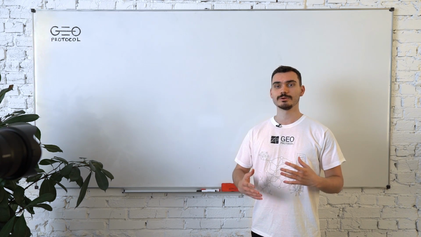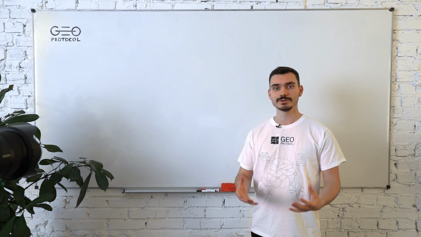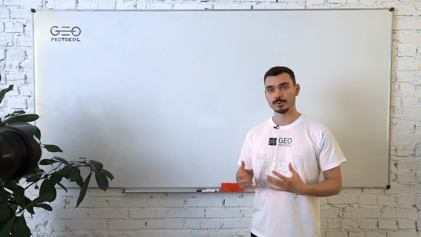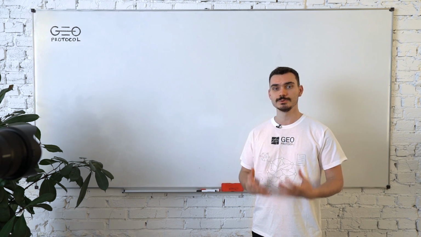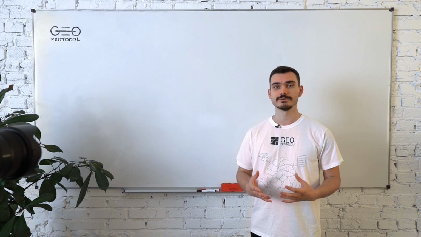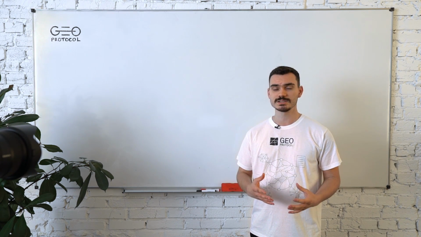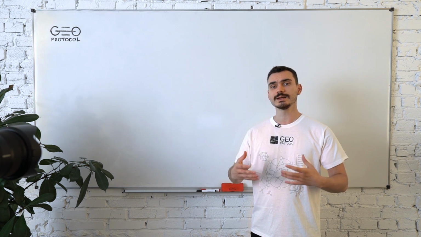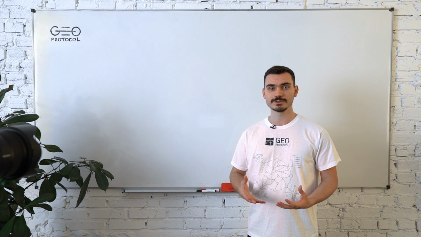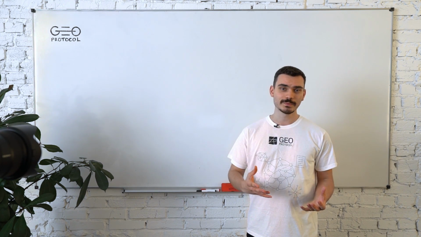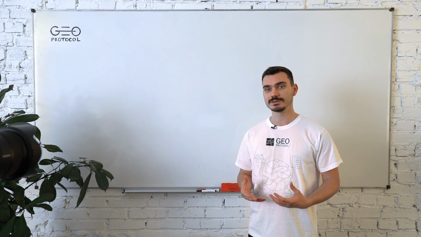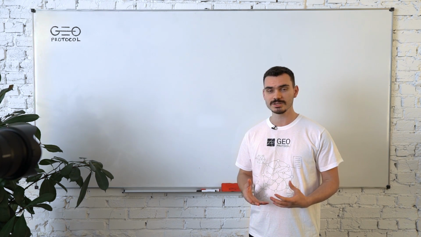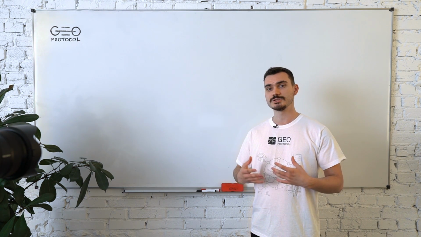Currently, our team is working on a series of videos which would help you to understand how GEO protocol works and what technologies it uses. And we will start from the brief description of the GEO ecosystem and overview of the key technologies which help them to interact. GEO is a protocol for highly efficient decentralized processing of P2P value transfers in a distributed network